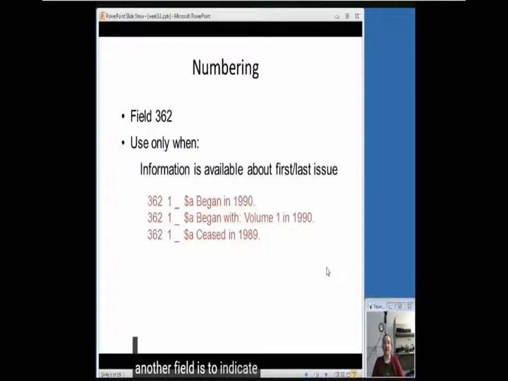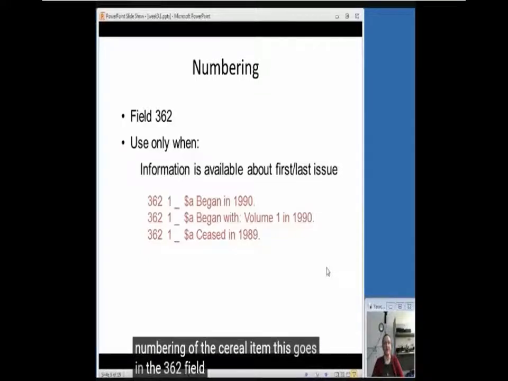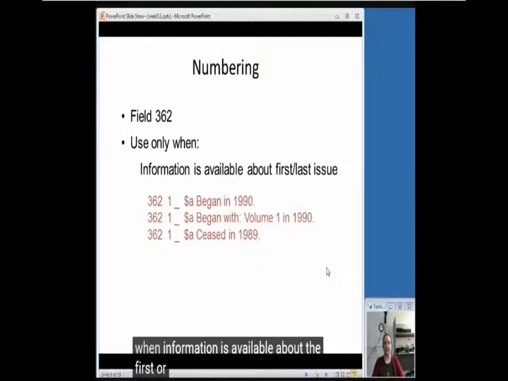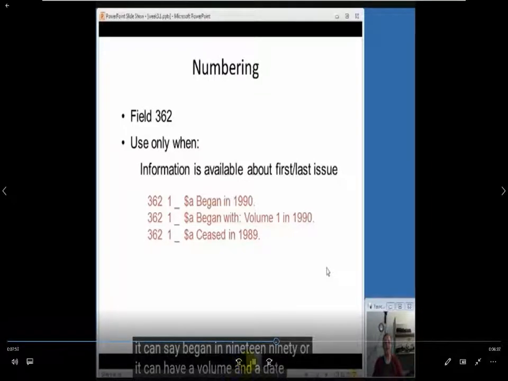Another field is to indicate the numbering of the serial item. This goes in the 362 field. Use this field only when information is available about the first or last issue. So if either you have that information in front of you or you know the information about that item. So it can say began in 1990, or it can have a volume and a date, and it can also